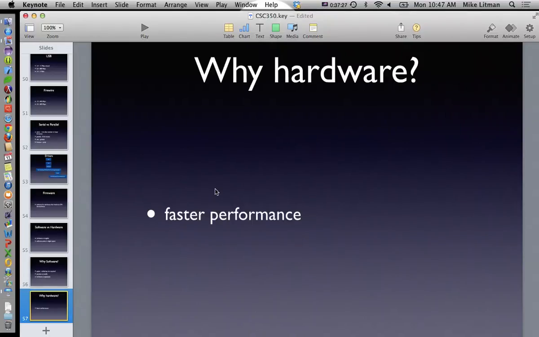Well, the thing that should be popping in your head is performance, right? Right off the bat. There's also a level of dependency. That is, software can't exist without hardware. So what's the minimum amount of hardware that we need in order to have software? When we think about our computers today, you're almost thinking about it in terms of that minimal amount, right? Well, we need that hardware-based brain.